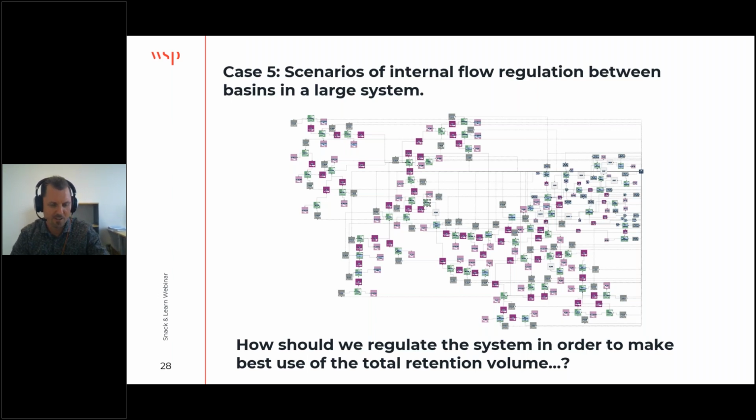I don't have any results from this. It's ongoing now, but it's just to show you that we can also do some quite complicated tasks or scenarios with the Samba model. And this is definitely one of the scenarios that we will, when we have done all the scenarios that we can run really fast in the Samba tool here, take our regulating system into a more complicated model, a MIKE model, and then do a verification of the Samba model afterwards with a complicated model